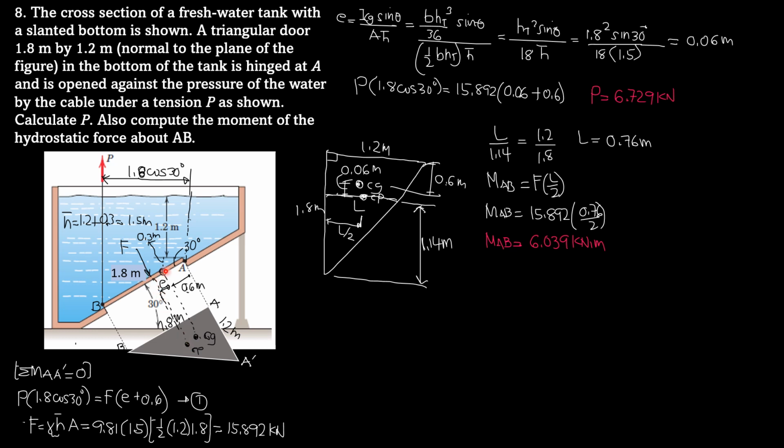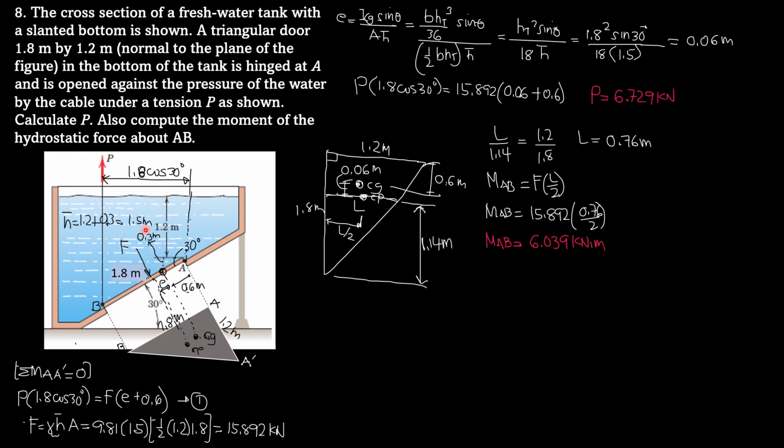The distance from the center of pressure to the centroid of the gate is E, and the centroid of the gate, which is triangular, is 1/3 of 1.8, because this is 1.8 meters. 1/3 of 1.8 is 0.6 meter. So if this is 0.6, we have a right triangle here. This vertical distance is equal to 0.6 times sine of 30, and that is 0.3 meter. So that h bar, the distance from the water surface to that centroid, is equal to 1.2 meter plus 0.3,